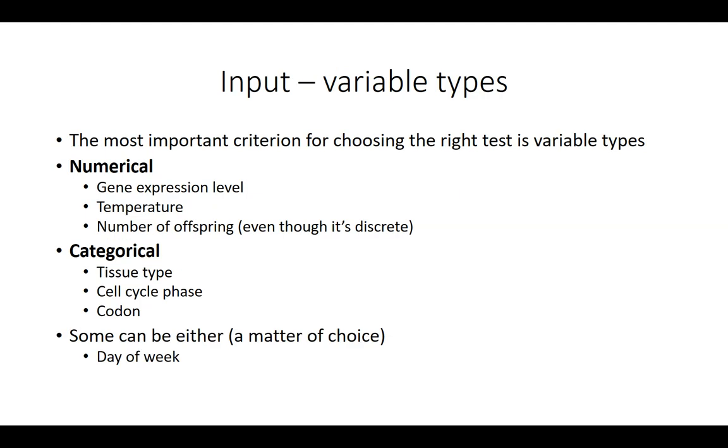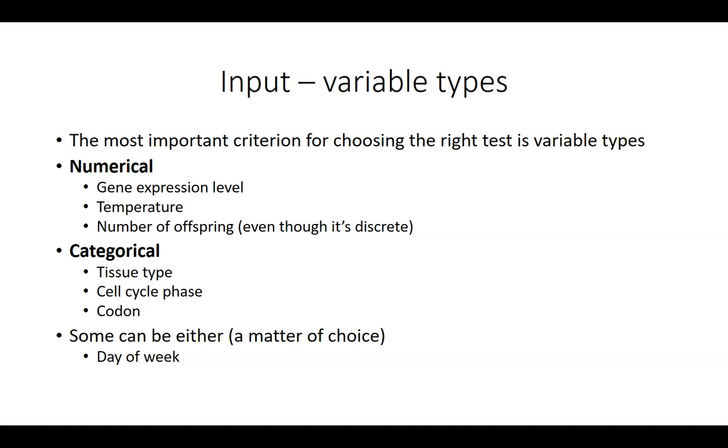OK, so to choose the right statistical test, there are many considerations. But I think the most important criterion for choosing the right test is simply the types of your variables. And like we saw with visualization, where this was the main criterion for choosing what kind of graph you want to show, the same goes for statistical analysis. And again, we distinguish between two main types of variables. So we have numerical variables,